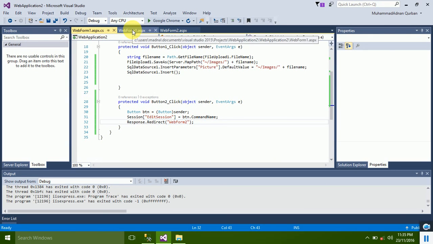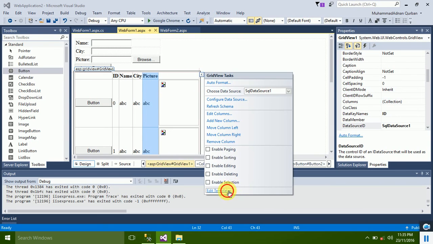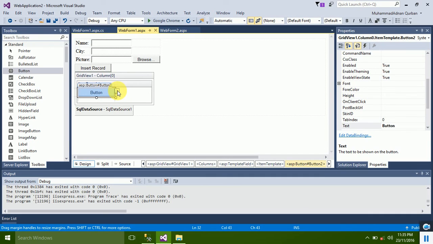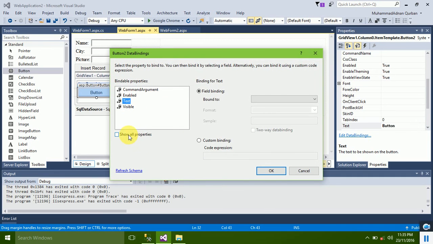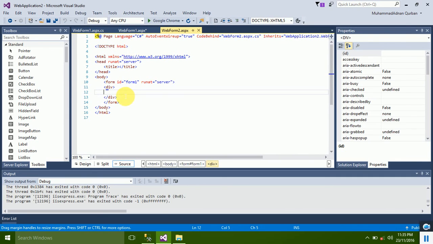Now we have to provide the value to this button. So we will again go to edit templates, and inside this button we will edit data binding as we have to actually store the value in another parameter of this button, that is we have specified like command name, and we will provide the value of id to that command name, and click OK. And now it will copy the value of id into this button, the session that we have created inside this button. Click on click event, and we will go to form 2,